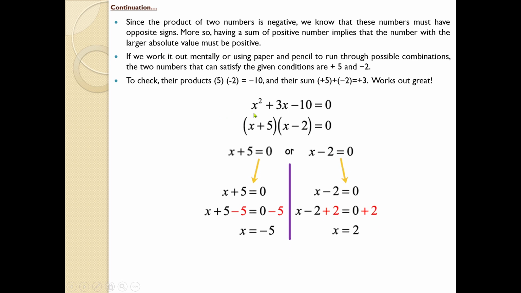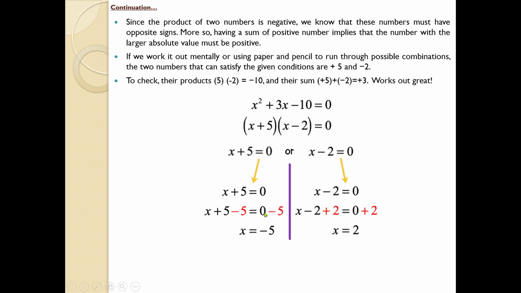See, let us compute this. The rest, x square plus 3x minus 10, was given in the question, and we have found that we get this 3 and minus 10 by using the numbers 5 and minus 2. So it has to be shown like this: x plus 5 into x minus 2 equals 0. Again, remember the first example, x plus 7 and x minus 2, an example case like that. It has to be written as x plus 5 equal to 0 and x minus 2 equal to 0.